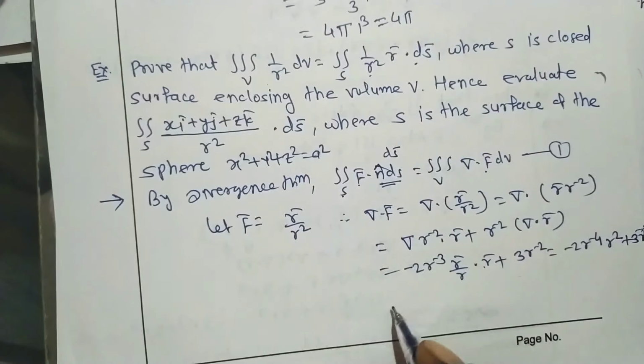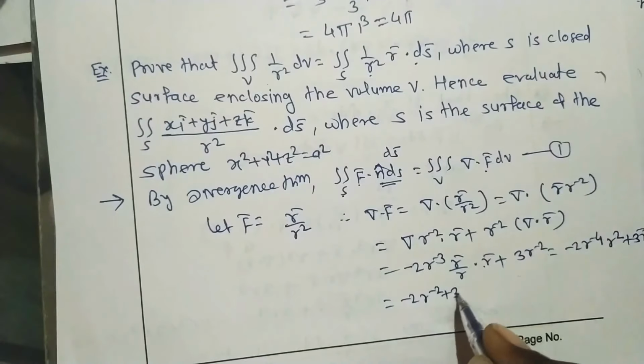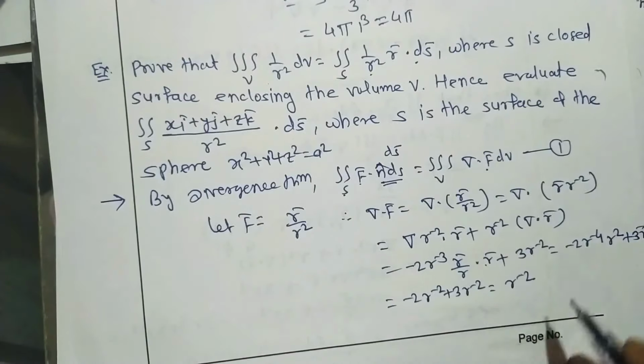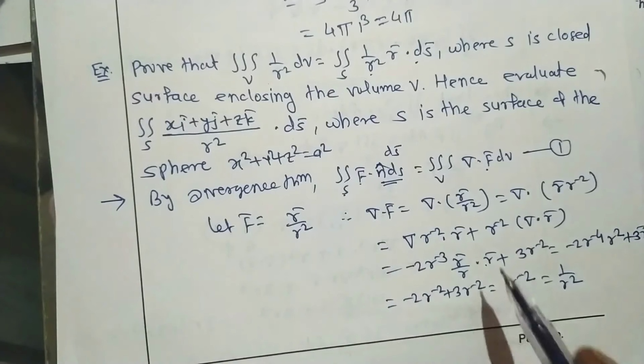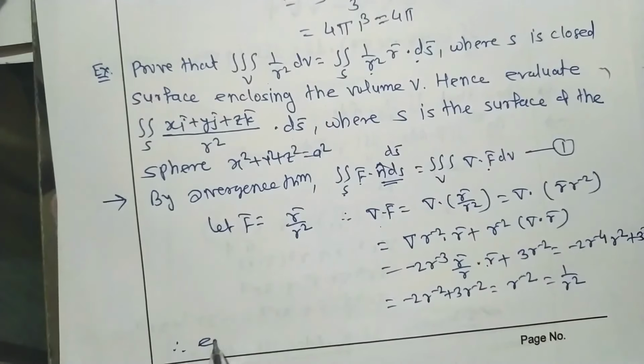Okay, so this is equal to -2r^(-2) + 3r^(-2), which is equal to r^(-2). r^(-2) means 1 upon r square. So the value of del dot f bar is 1 by r square. Put this in equation 1, and therefore equation 1 becomes